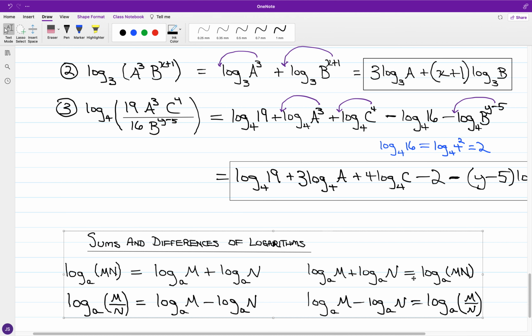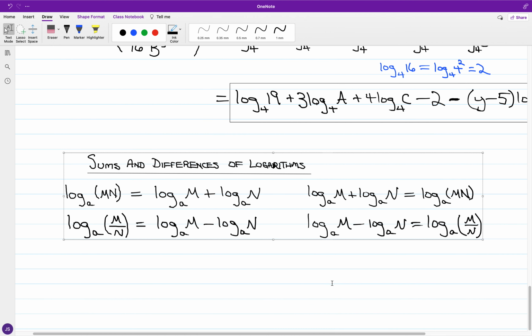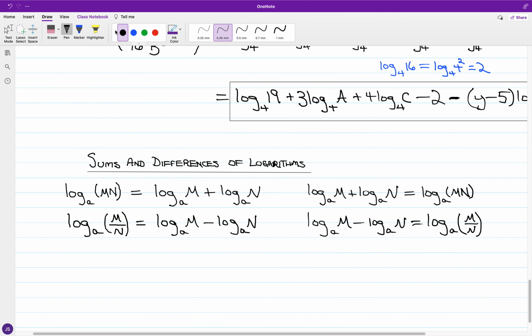Okay. Now let's say we go in the other direction. Let's say we're looking at combining as a single logarithm, and let's say that we have, for